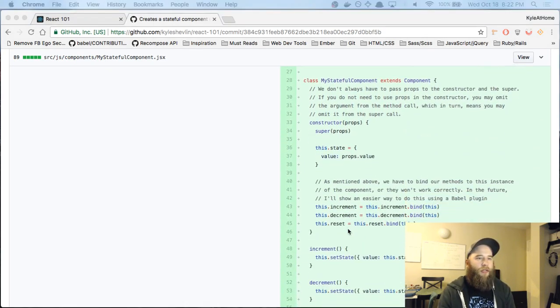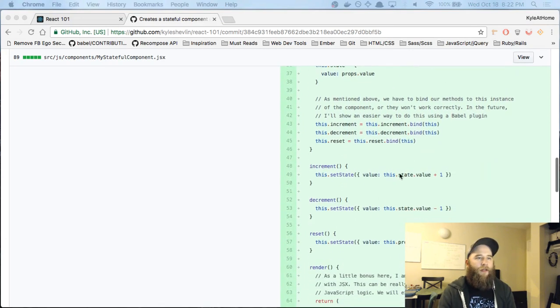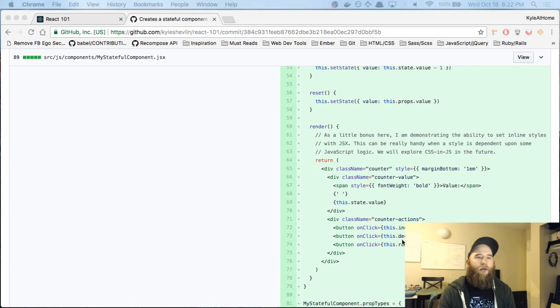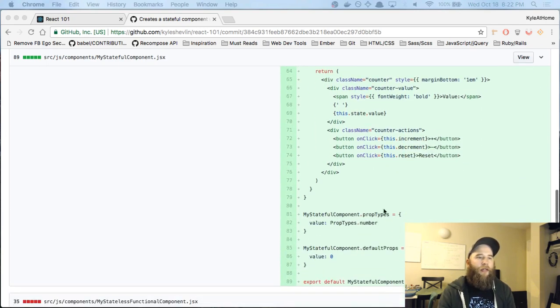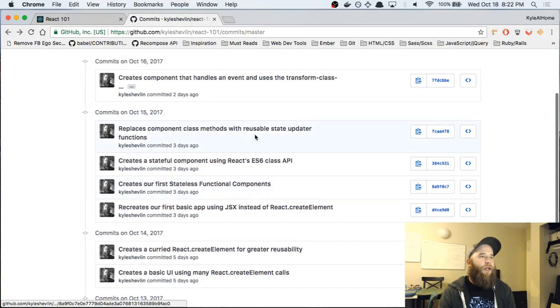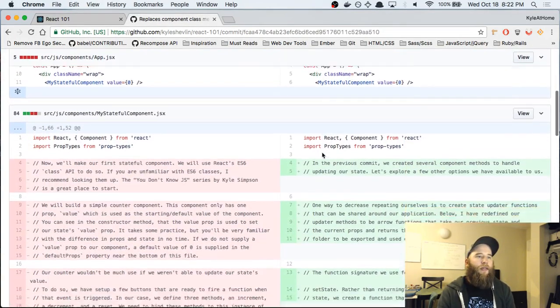If we look down this component, you can see I have an increment, a decrement, and a reset, and we just set state for those. And then we call those methods inside of the onClick handler in button, and that's how that works. Then I did want to start showing this.